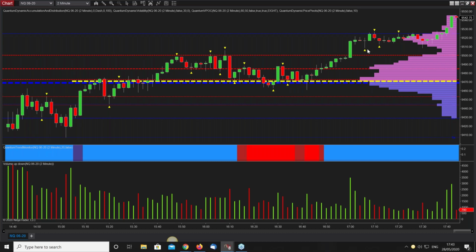What we're actually looking for is whether these pivots are, as we go into it, we get a pivot low, then we get a pivot high. What we're looking for now is, are we going to get another pivot low, or are we actually going to carry on high? We get a pivot low, so it starts to tell us we're moving into congestion, then we get another pivot high. We're into congestion phase. We're building a ceiling. The ceiling is defined for us on this occasion with the accumulation distribution indicator here,